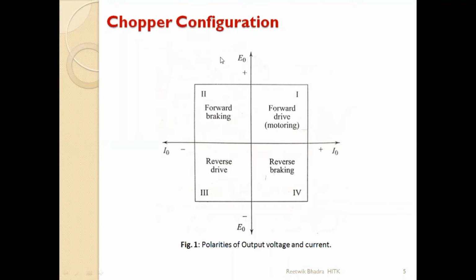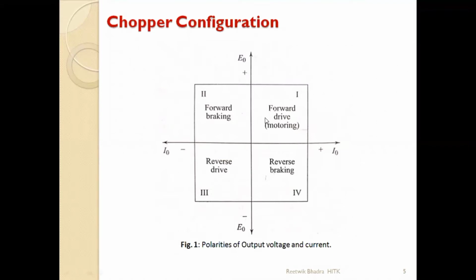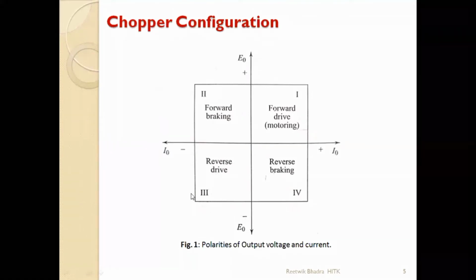If you consider chopper configuration according to 4 quadrants, what comes into everyone's mind is that the load is a DC motor. Okay, applications of chopper are renewable energy, solar drives, everywhere you use choppers, buck boost converters, everywhere they are used. Okay, first quadrant, check the power: positive voltage, positive current, so positive power. So power is entering the motor, so this is motoring mode. Second quadrant, this is braking because power is negative, opposite direction. Fourth quadrant, power negative, so braking. Third quadrant, minus into minus gives plus, so again a motoring mode.